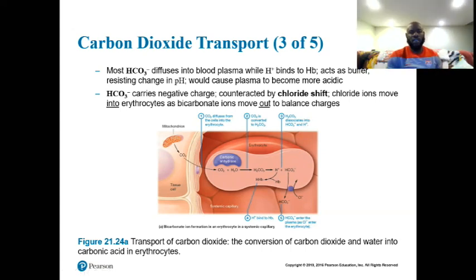And we actually, I think we used to do this in lab, where we would show you the effects of this buffer system. We sometimes still do this in part of part 1 of this class. But this bicarbonate